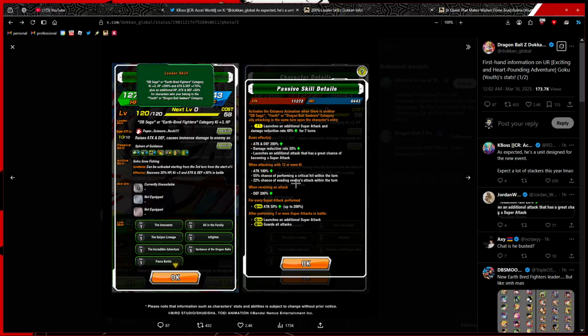Moving on, when he receives an attack, he gets 200% defense. For every super attack performed, he gets a permanent 50% attack up to 200. And after, not starting from the turn in which the 7th super attack is performed, but after, taking a sip of my Pepsi to let that sink in, after performing 7 or more super attacks in battle, he permanently does an additional super, and he's guarding. This guy is,